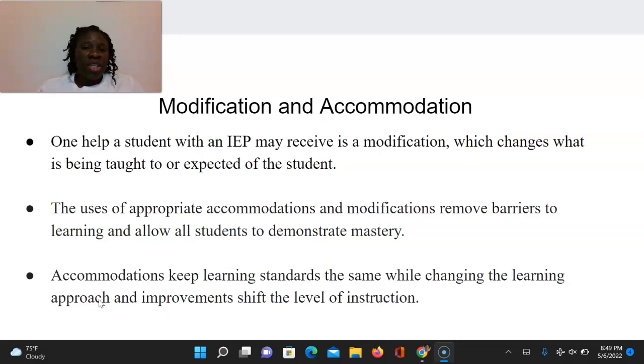So what are modification and accommodation? I remember as a general education teacher, when I just started teaching, I was overwhelmed when I was issued an IEP, and I was wondering what it was, and I had to ask the special education teacher to walk me through it.